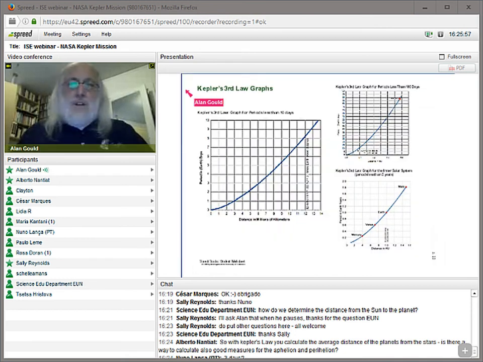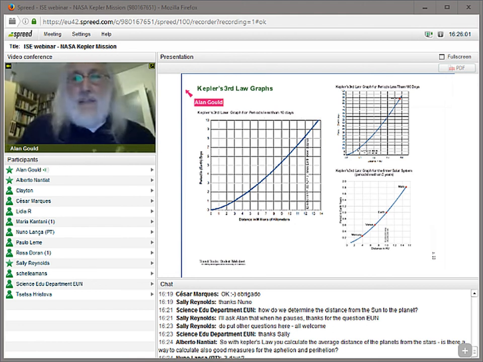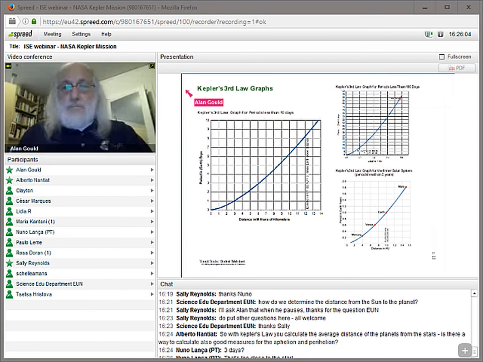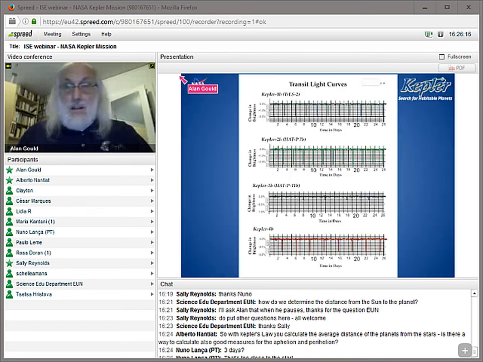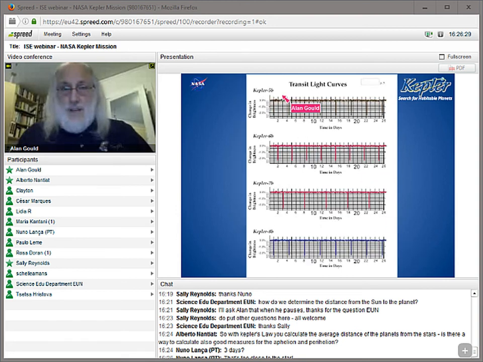So what we do at this point is turn the students loose. Once they have a clear understanding of how to find the average distance from the star, we will let them use any of these graphs they need for the particular planet that they are going to find the distance to, the distance of the planet from its star. And then we'll turn them loose with a bunch of light curves like these. Then there are 2 more sheets of light curves. Let's see if I have those. There's Kepler 5b through Kepler 8b, and then